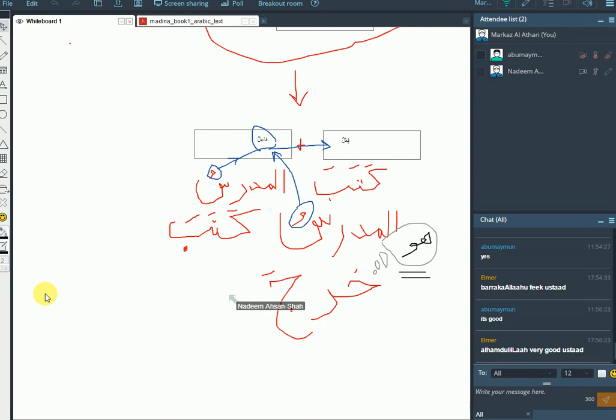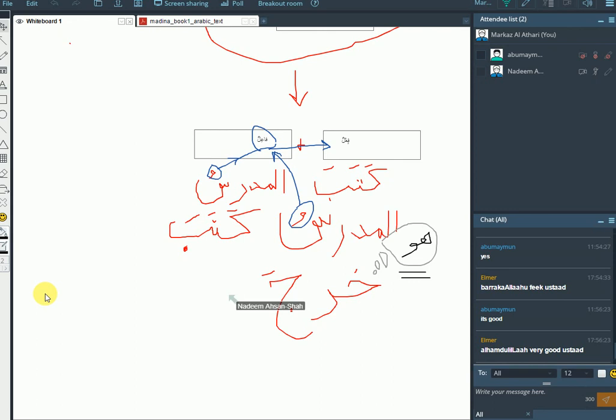Because all of those rules that you learned in book 1, they come again. They repeat themselves over and over again. So just by moving forward, you're actually reinforcing what you already know. So no longer this need for, I did book 1, but I think I need to do it again. No need. Go to book 2. You will find all of book 1 embedded in book 2, in the form of the rules. And the teacher, inshallah, who has taught book 1 will be able to identify those book 1 rules with you as you are going through.